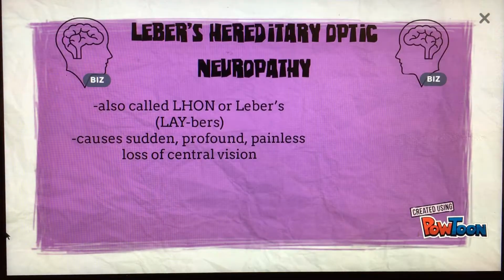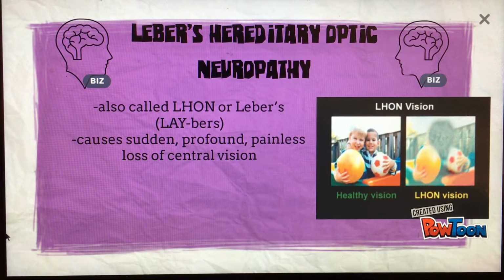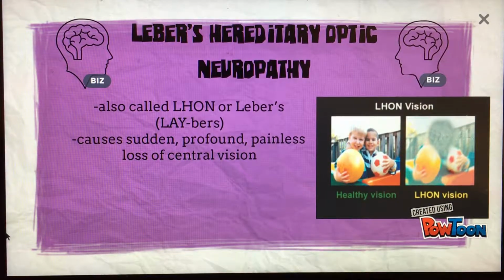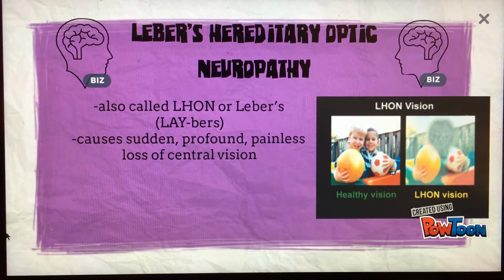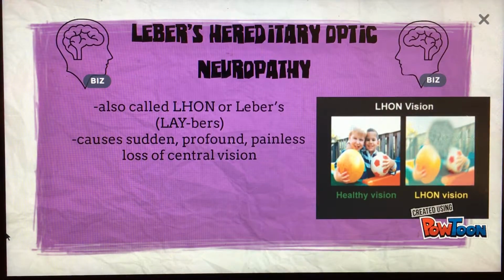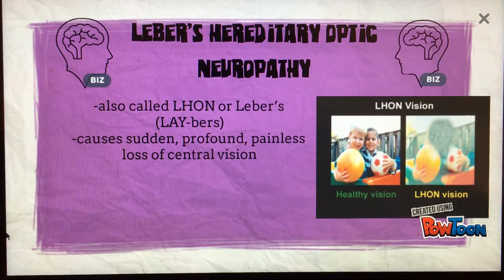Leber's is a rare condition which can cause sudden, profound, painless loss of central vision. LHON is an extremely rare genetic disorder that is passed through the egg cell of the mother. While men cannot pass it on to their children, women carrying the genetic mutation will pass it on to her children. These mutations can lead to the reduction in cellular energy production, which in turn results in cell damage